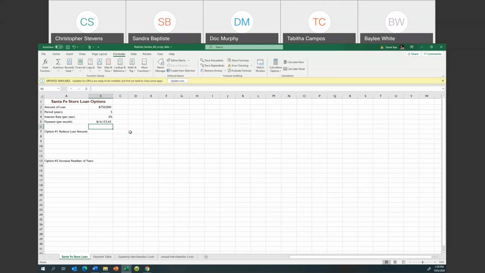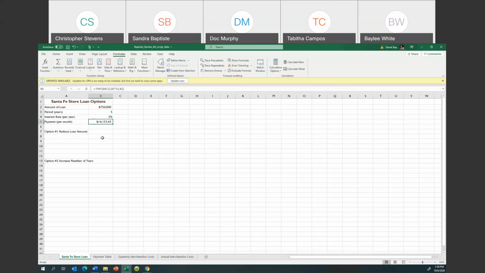So what we're going to do is use something known as goal seek. Yes, we have used it in another assignment or two assignments prior to this, but we're going to use it again. We're going to use it another time in two future projects as well. But it's a very powerful tool that is important for you to learn because you can set a goal and then see what changes need to be made to get to that goal. Okay, so click on cell B5